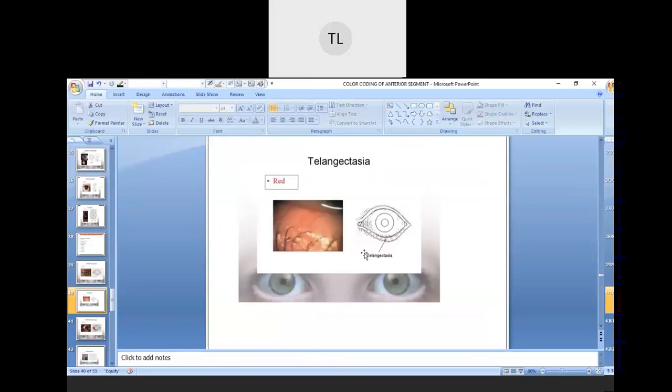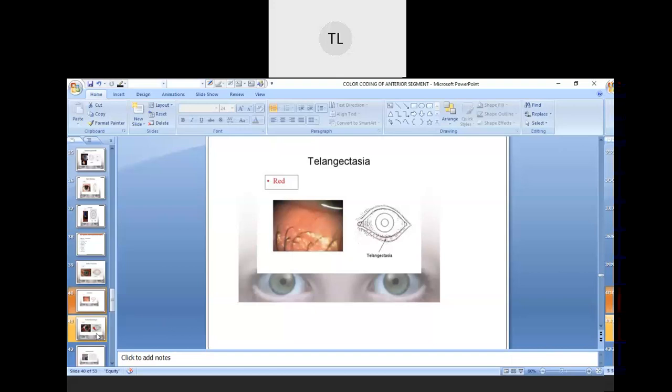Next we have telangiectasia. Basically you will see it like this. In the eyelids, at this area, you have to draw it with a reddish color. The slit is not required here, only the frontal view with the eyelid diagrams. You have to draw it at the boundary of the lower eyelids, like they have drawn it in red. That's how you're going to use it for telangiectasia also.